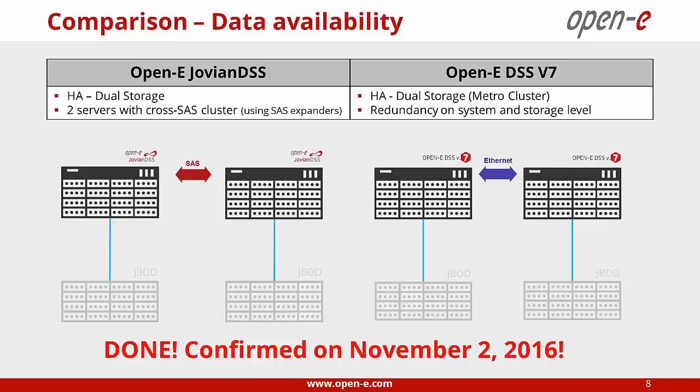Because an HBA can import disks from an external box, but cannot export. In order to export the disks, we use a SAS expander. So on the left side you will have an HBA plus SAS expander, and on the right side you will also have an HBA and SAS expander. So this option is also possible. Also you can expand with more JBODs. This cluster is still a SAS cluster, meaning something like 10 meters distance, so 2 racks, because all these connections are SAS only.